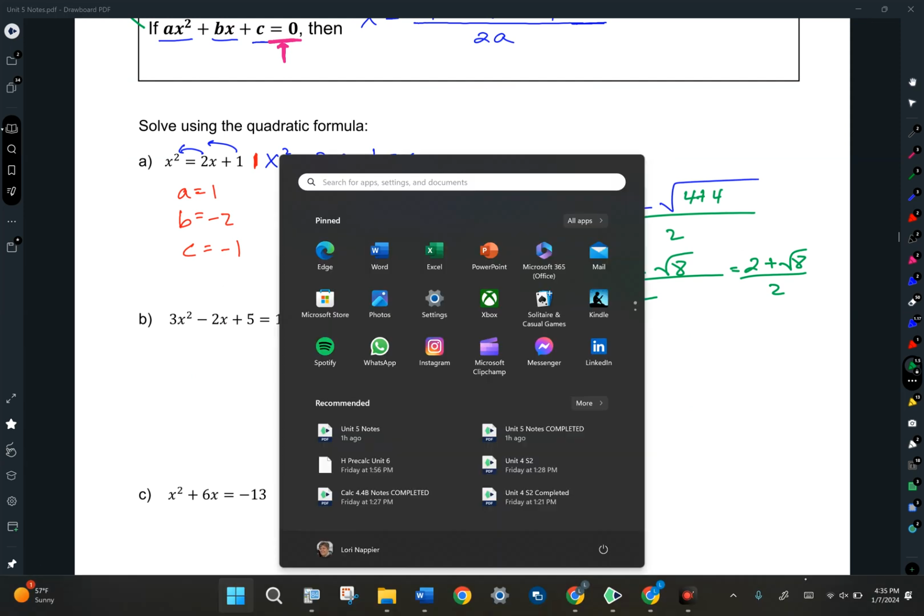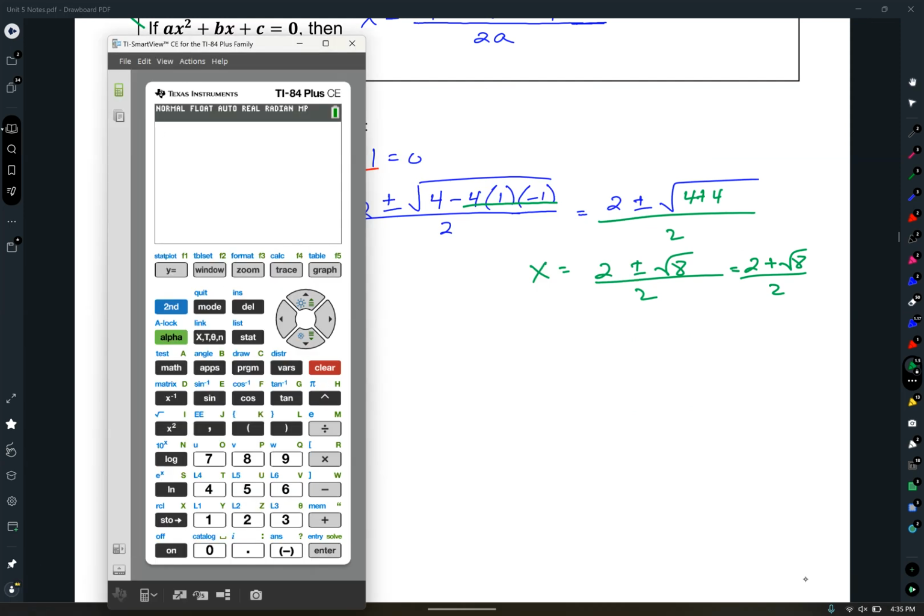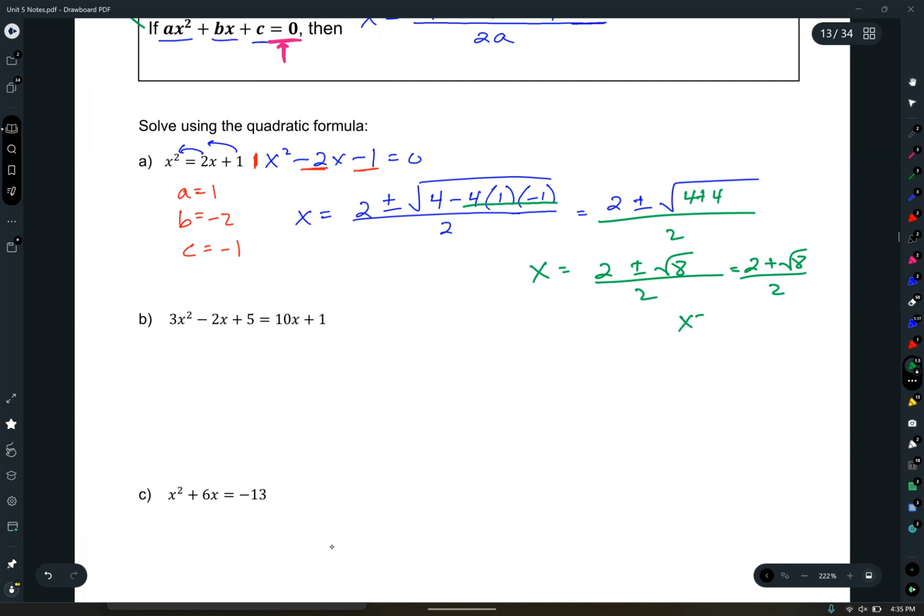Then on my calculator, let's just type that in. Let's just put in a fraction. And then on the top, I'm going to put 2 plus square root of 8. And then on the bottom, 2. All right, if that's the case, my answer is 2.414, blah, blah, blah. So remember, we always do 3 decimal places. So that's going to be 2.414. So x equals